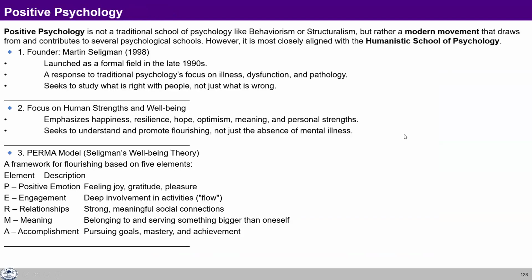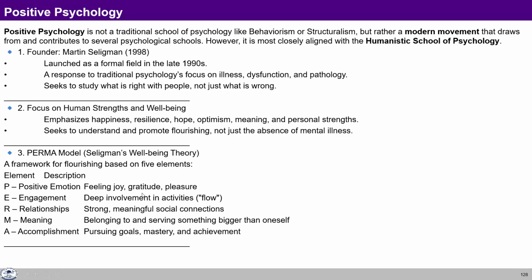A new development in psychology is positive psychology. So the founder is Martin Seligman, and he was the president of the American Psychological Association. So he said that so far we have been only talking about the abnormalities. Let us talk about a happy life. Let us talk about the well-being of the person or a fulfilling life. So he gave a well-being theory. So he gave 5 elements, which are called the PERMA model.